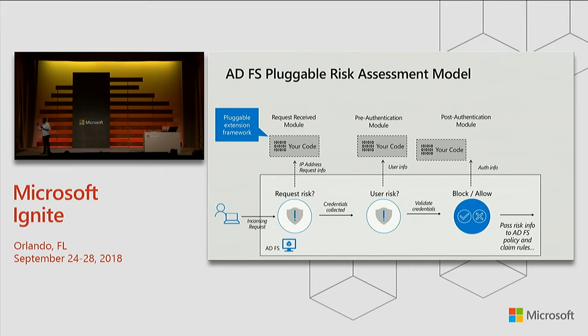Now, the reason why we did it that way is that ADFS uses claims to determine whether I need to prompt for multi-factor authentication or I want to block a request as part of issuance authorization rules. Now, this module can influence, for that transaction, whether we want to up-level the authentication and require an additional factor, or whether we want to just block this request totally based on that risk level. There are lots of interesting use cases to be able to do that.